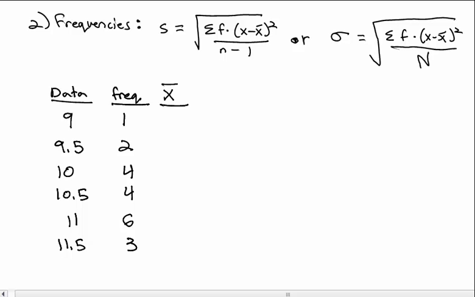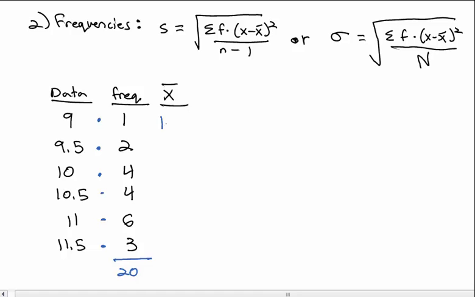Remember, as we find the mean, we're going to have to multiply the data times the frequency and add that up. By the way, the frequency of 1 plus 2 plus 4 plus 4 plus 6 plus 3, there are 20 data values. So when we take 210.5 and divide by 20,